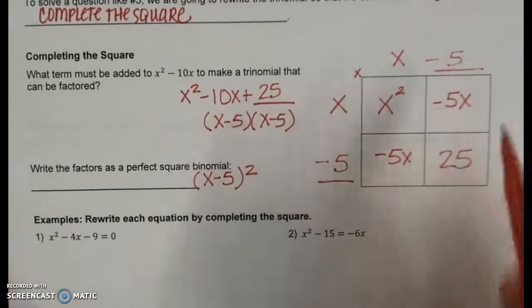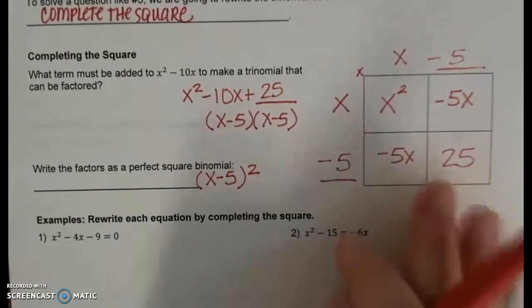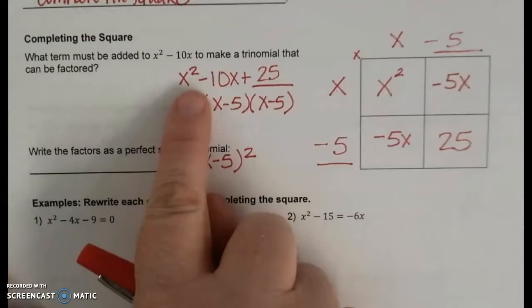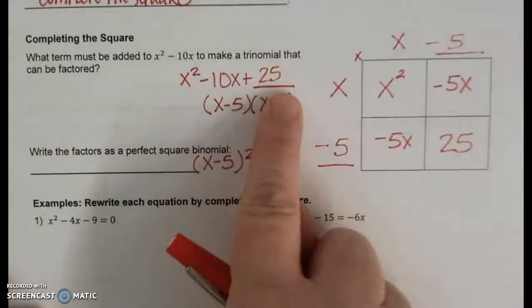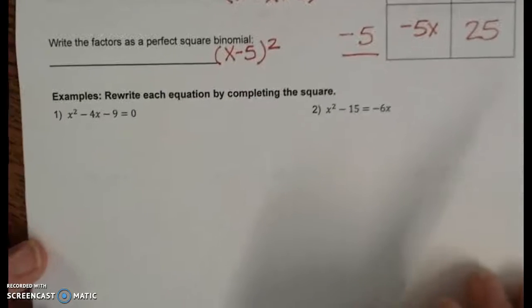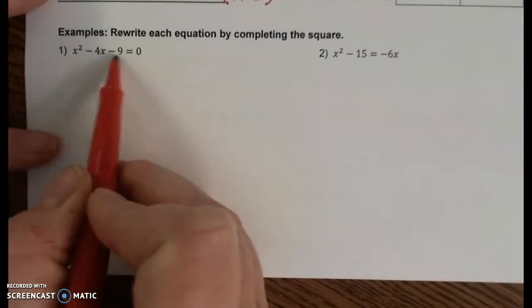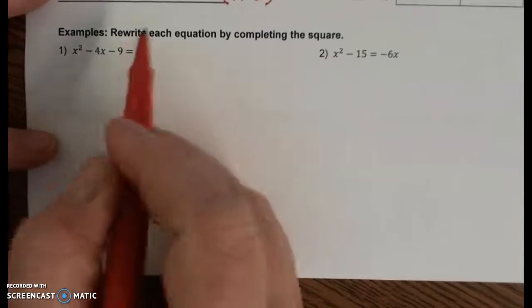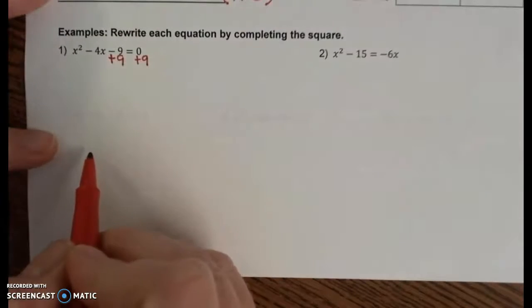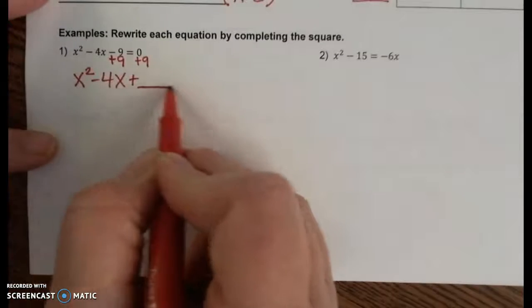So we're going to use the idea of this square and complete some squares down here without using this whole structure. Okay, so we'll go back and we'll take a look at it. Originally, I started off with just the x squared and the x term, and I was going to make a third number that works here so I can end up with this perfect square binomial. When I look at number 1, it has a c term. I want to move this c term so I can create the number that I want to go there. So to move that, I'm just going to add 9, and I'm going to move it over to the other side. So I'm going to have x squared minus 4x plus some number we're going to create,